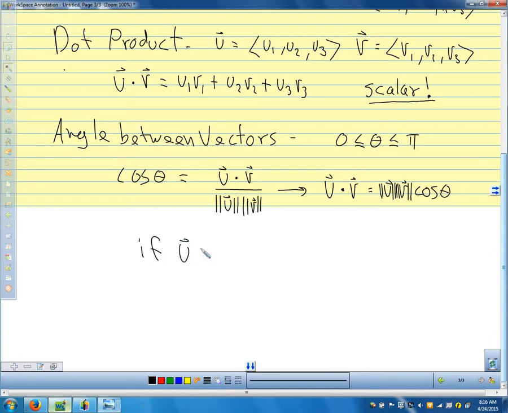What does this tell us if u dot v equals 0? If the dot product is 0, so I get u dot v is 0, so I get cosine theta is 0. So what does that tell us about the angle? Theta is, what is it? Cosine of theta is 0. So theta is